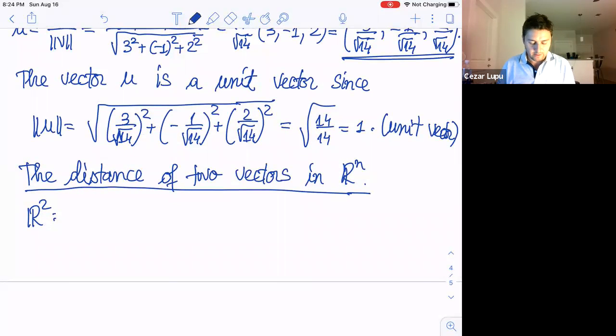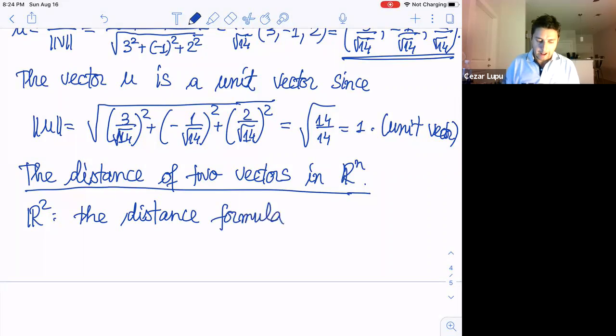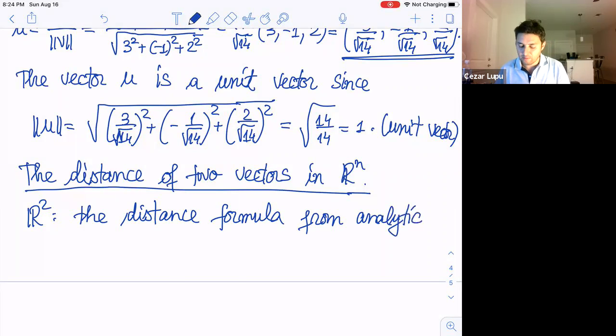You will see that the distance formula in R2, well, from analytic geometry, let me remind you. I think this was done in calculus 1 at the very beginning. From analytic geometry is